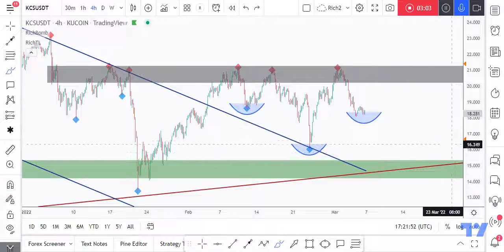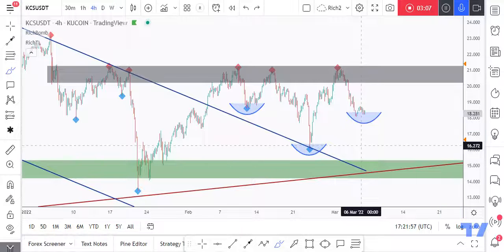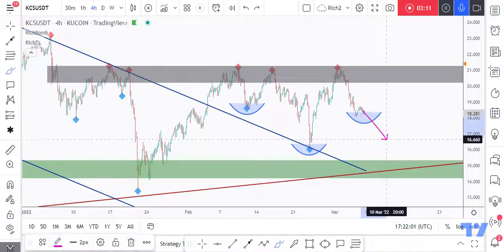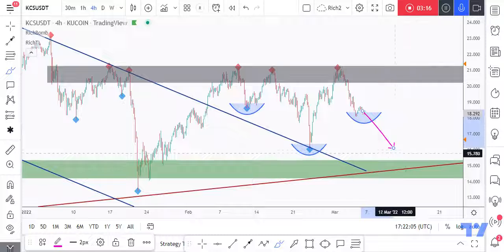I have my second alert here around 16.5. So this is my trading plan. I'm waiting for a break above this one to buy, or a movement downward to zoom into lower time frames like H1 and 30 minutes and look for buy